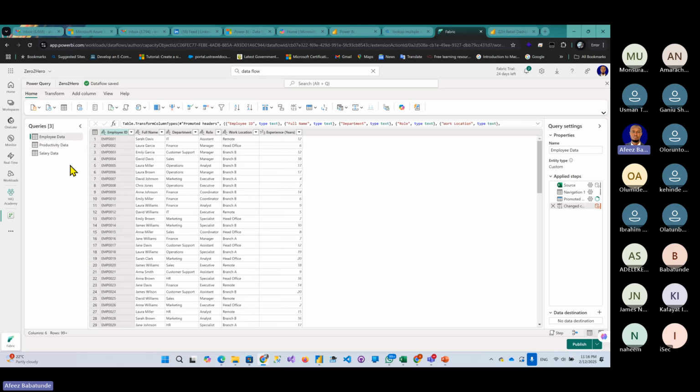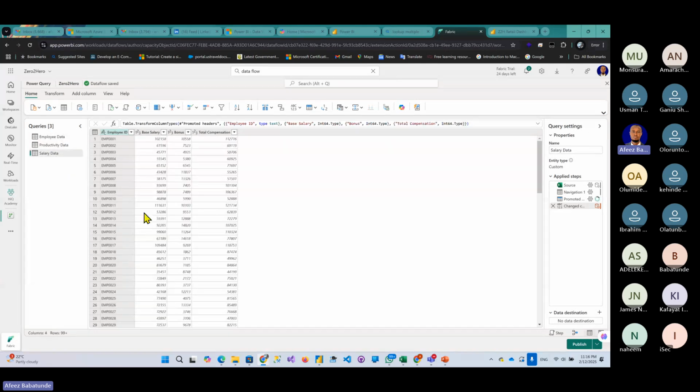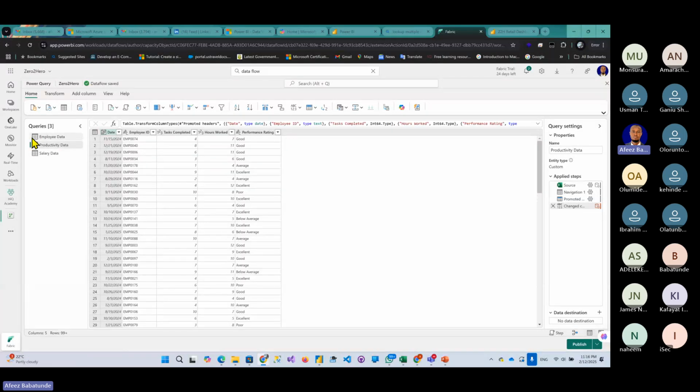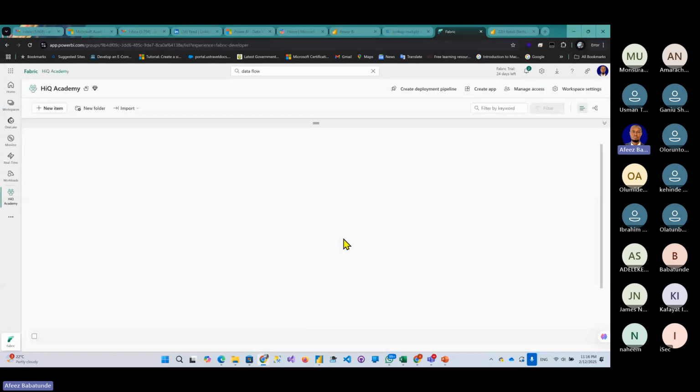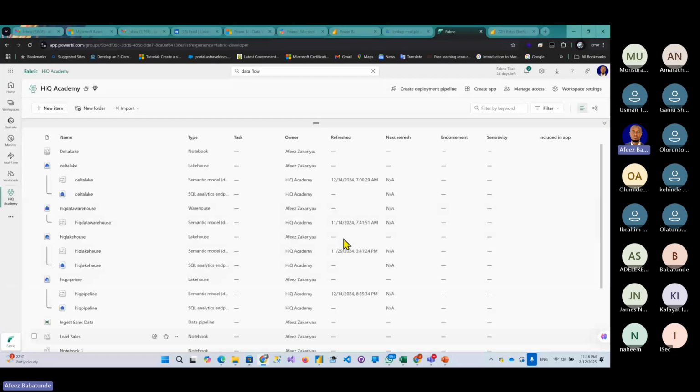So after doing everything, correcting whatever you want to correct here, you can simply click on publish. Can you see? Publish now, publish later. So let's publish it now and see how it's going to look. Now if you want to build a report, instead of connecting to an external source, you can build your report using this